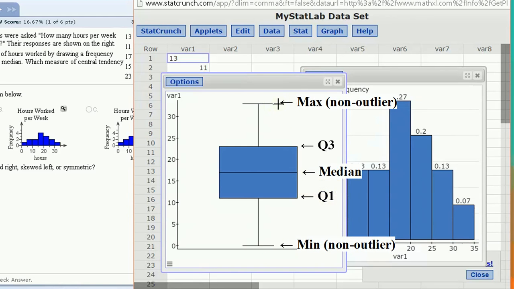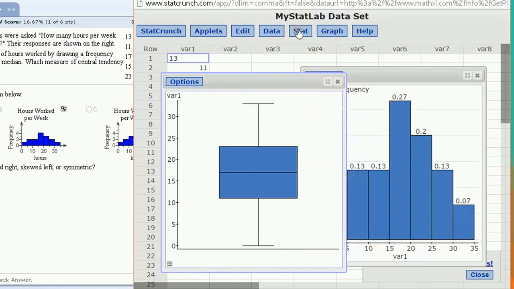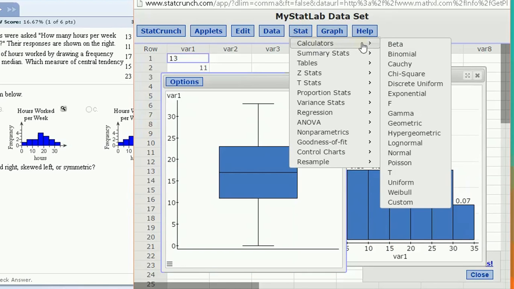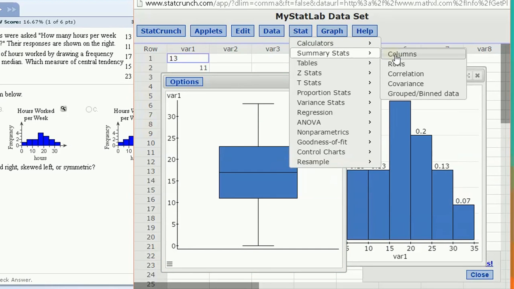If there were any data points that were considered outliers, they would be represented as individual dots, but there are no outliers in this data set. So the line in the whisker goes out and stops at the last data value that is not an outlier. So I'm going to show you how we can get some summary stats, which will